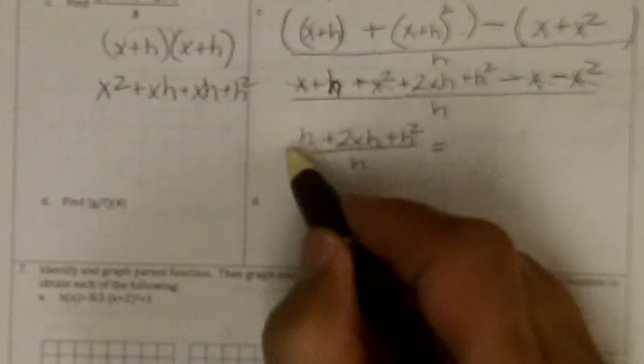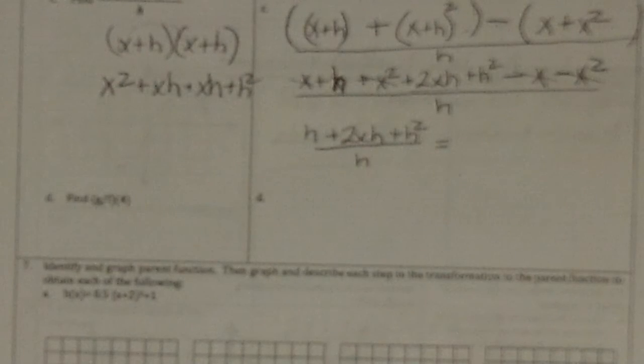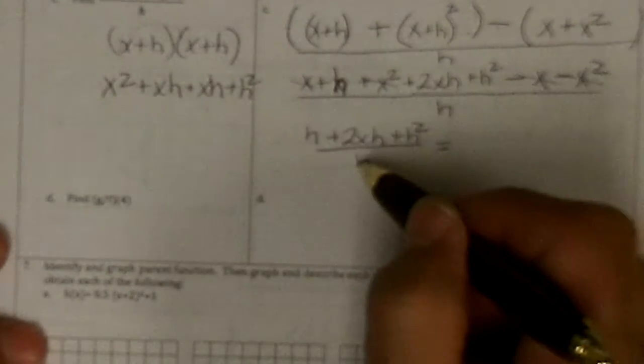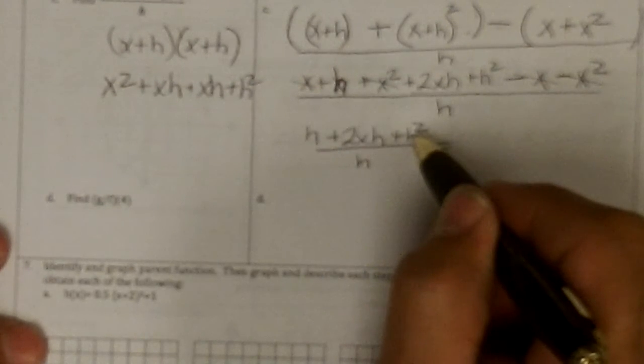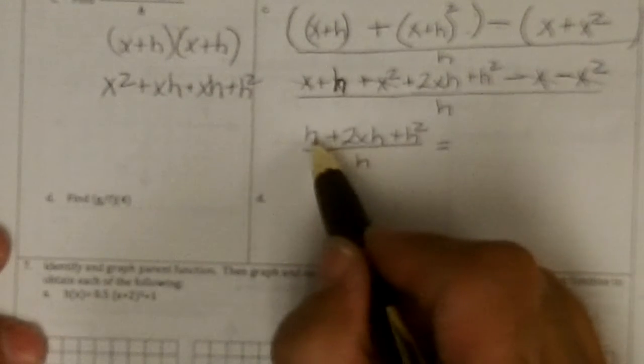And I can't cancel that h with that h, because this h in the numerator is added to other things, and when a quantity is added, you can't. You can divide it into each one of these, but that sometimes eludes students, and so I'm going to say